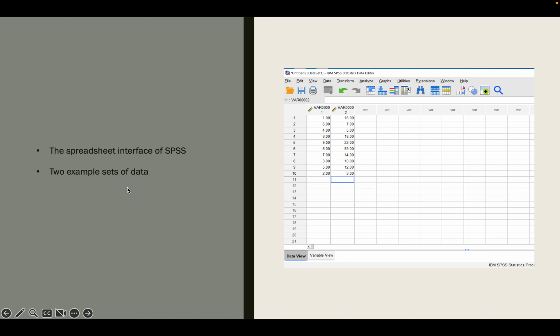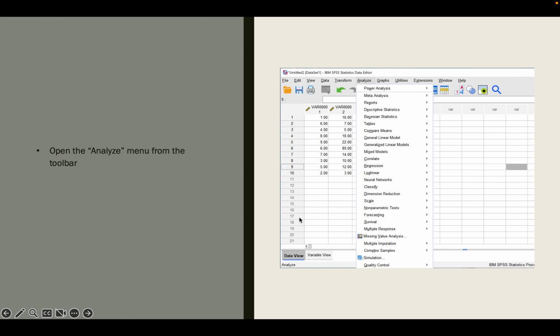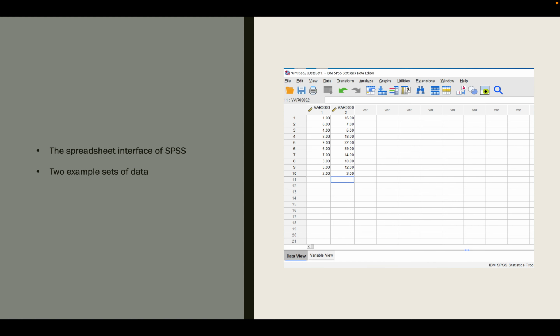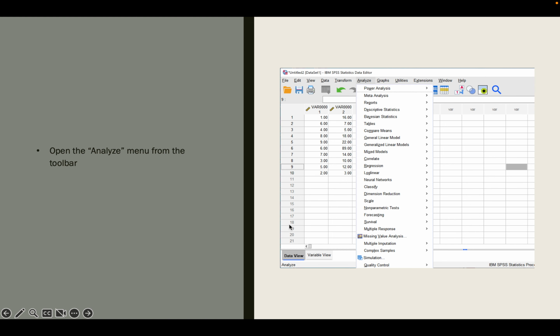So yeah, you're going to start here. You're going to input your data. There's multiple ways you can do this. You can either type it in manually like I have here, or you can import the data from larger data sets, or however you want to do that. But once you have the data in, we can move on